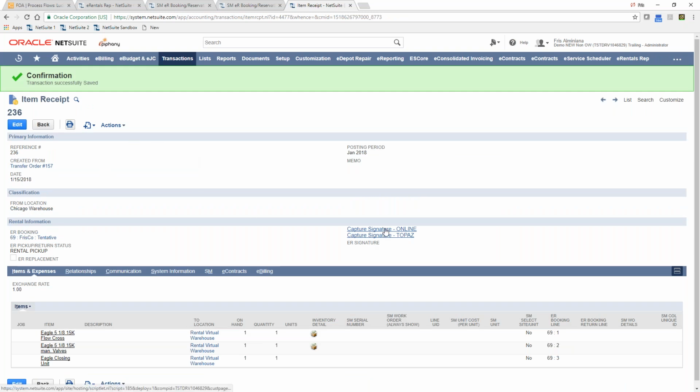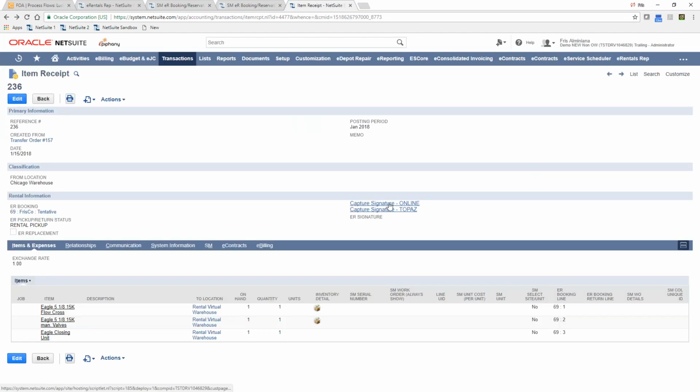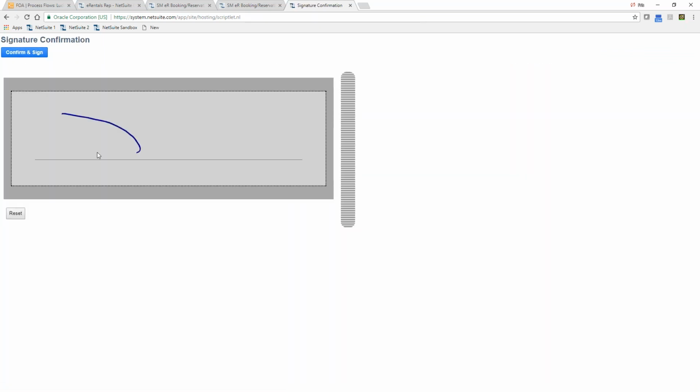Then from here, you could capture the signature. If somebody's directly delivering the units to the customer, you could get their signature. Sorry, not this one. I think this, yeah. So from here, you could enter the name of the client or the customer, then click on confirm and sign, and then just get them to sign right here. Okay, so that's basically the receipt